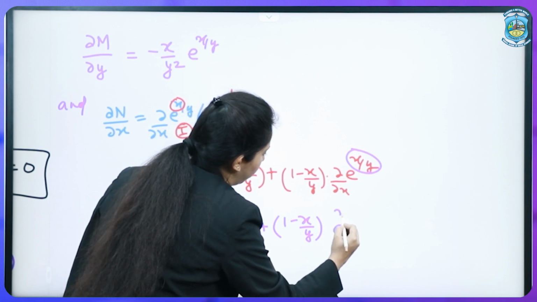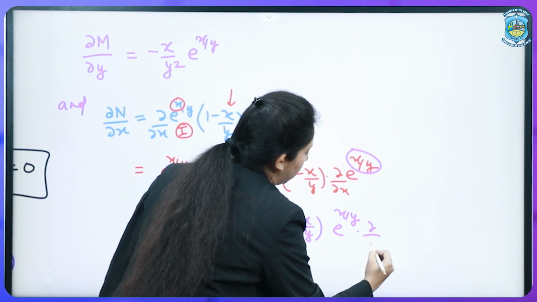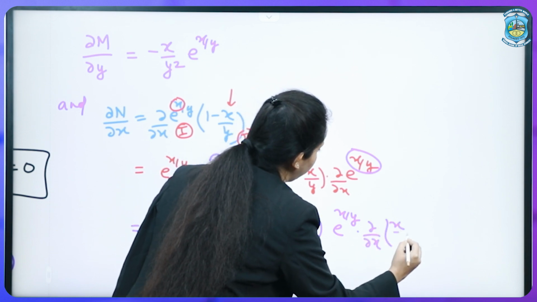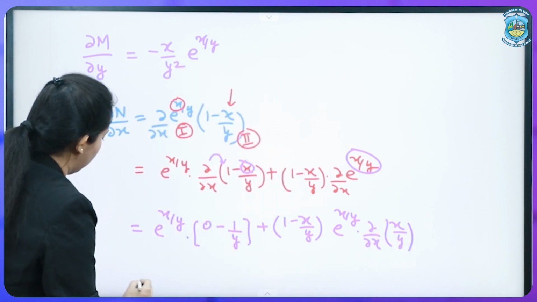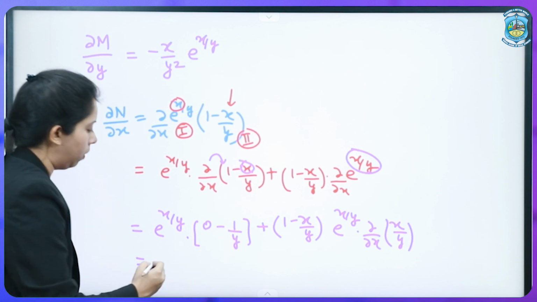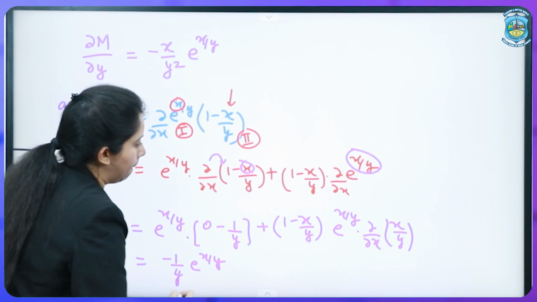Differentiation of an exponential function is the function itself multiplied by del x of x/y. Last step is you will have to simplify. So 0 minus 1/y will be minus 1/y e^(x/y),